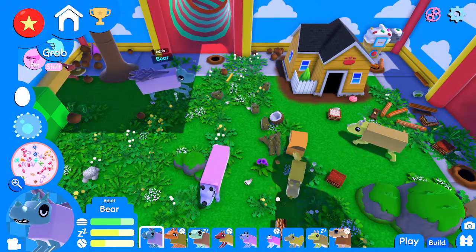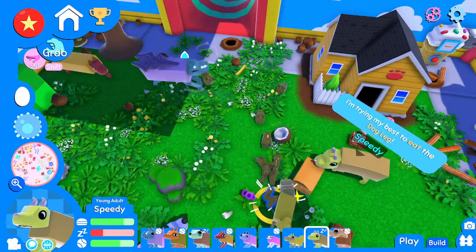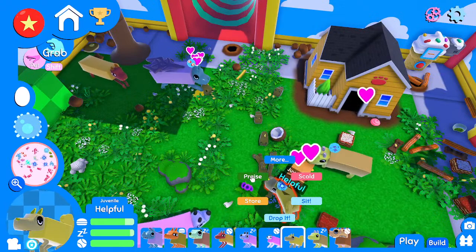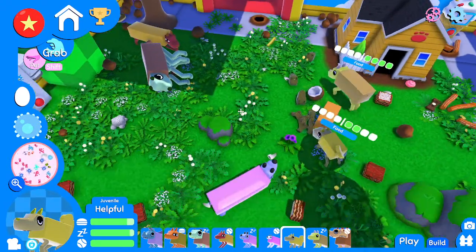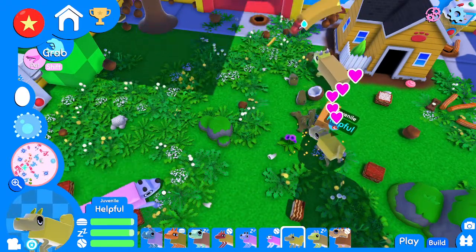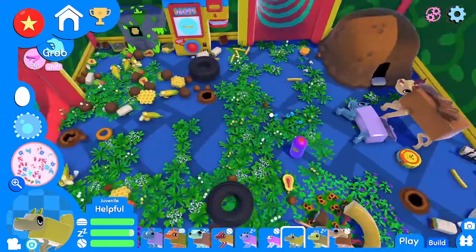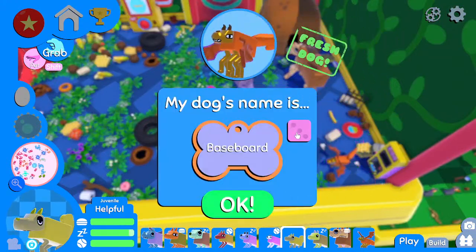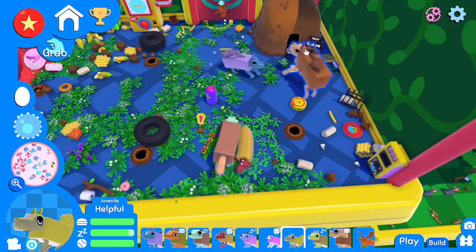This is the last thing he ever did. Oh, he got a little baby tail. Just knocking out the bigger dogs, the older dogs. Oh, wow. Neutral. Come with me, Neutral.